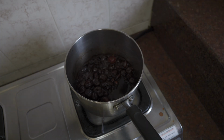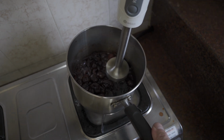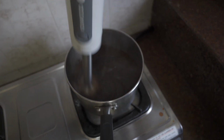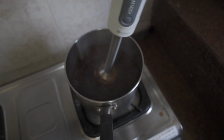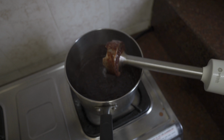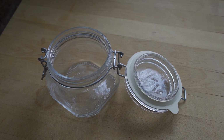Now we're gonna take the immersion blender and blend that stuff. Now we're gonna fill